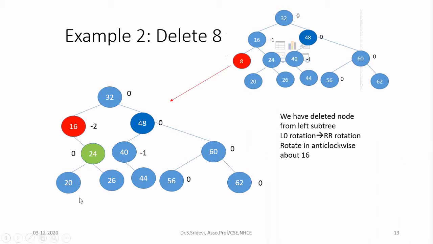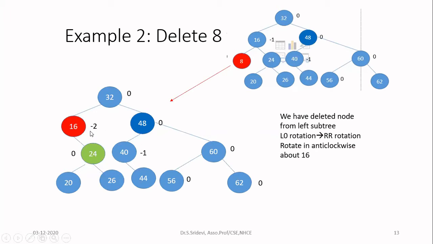Now calculate the balance factor of all the nodes again. Mainly, whichever subtree you are performing deletion, for that subtree you calculate the balance factor. No need to calculate the balance factor for this particular subtree because it is not at all connected. From this subtree up to the root, in that direction, you have to calculate the balance factor. For 16, I am getting the balance factor as -2 because in the left subtree, nothing is there. In the right subtree, the height of the longest path is 2. So -2 is the balance factor of 16.